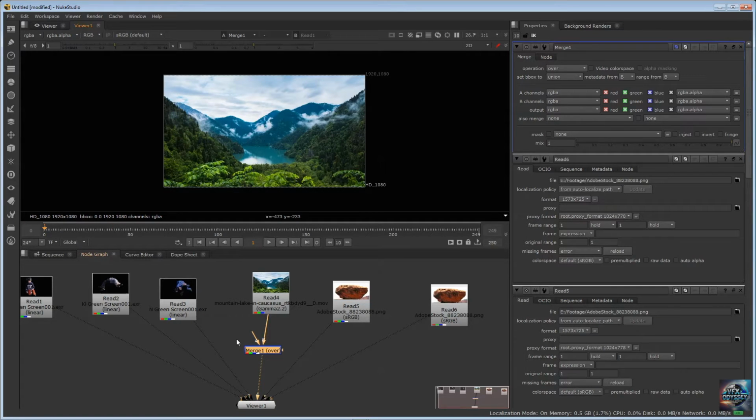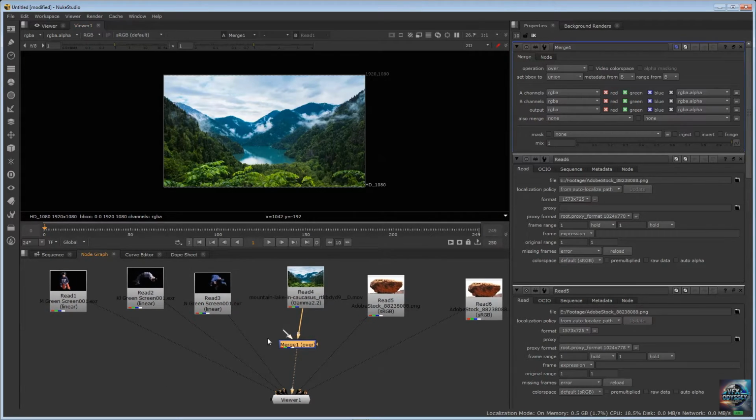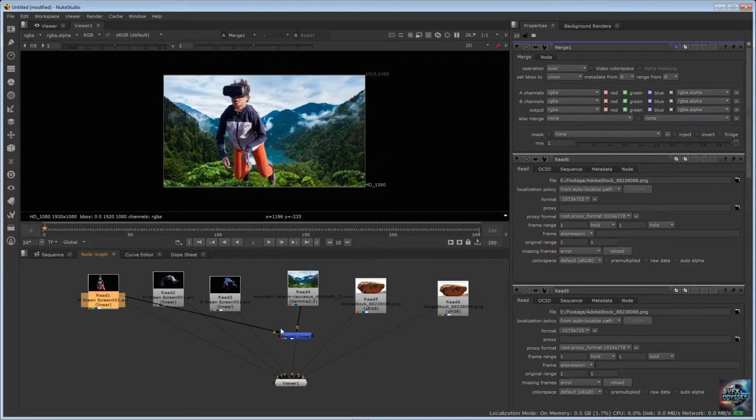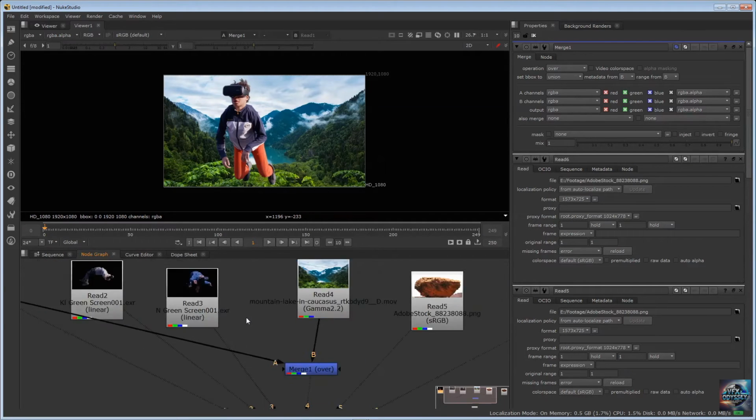All right, so how do I get my kids then? I have my background. How do I get my kids, and how do I get my rocks? You get your kids by just connecting A. Okay, this has alpha. This image sequence is with alpha, so it's already being keyed out. But I have 3 kids. So is that it? Like A and B, and how do we do the... Do I need another merge node for that? Do I need to keep adding merge, and it keeps getting crowded? And no, you just